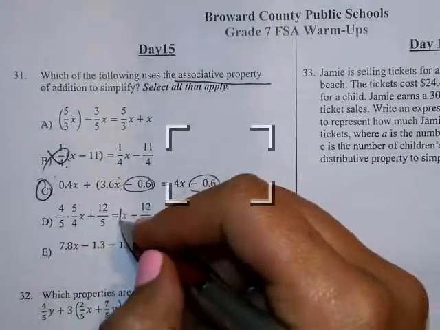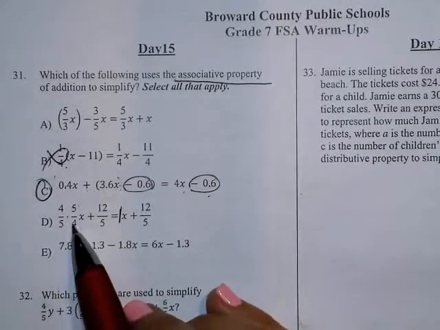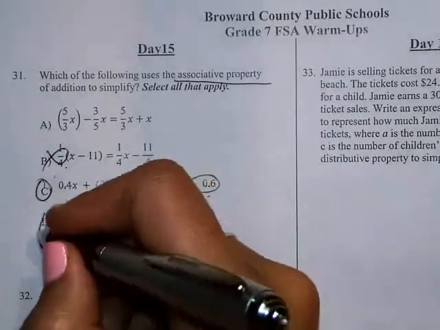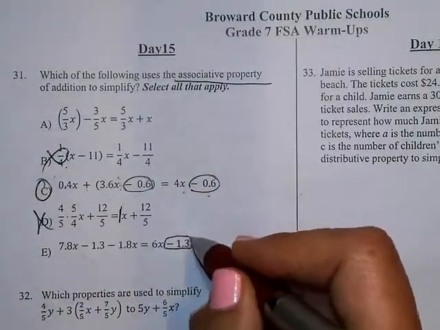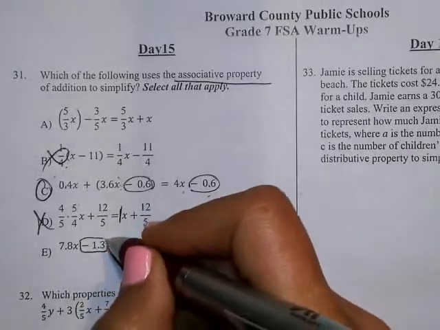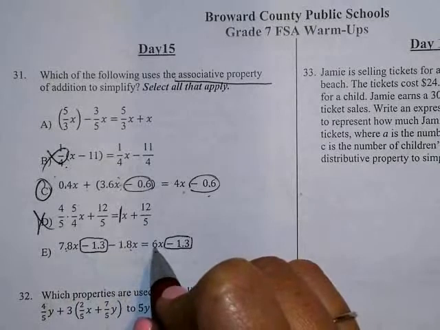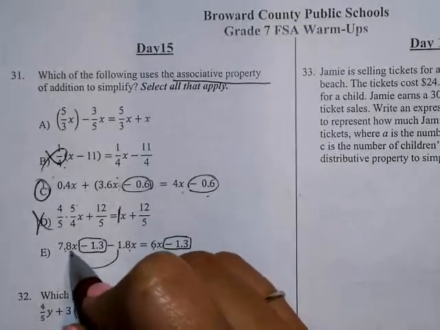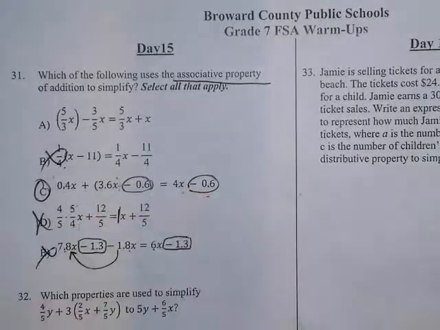In order for me to make this a 1, they multiply it by the inverse. So they use the inverse multiplicative property, not D. The only difference here, or same thing on this side and this side, is here. They had to combine these two to give you 6x, which means they have to change the order. Changing the order uses the commutative property. Now,